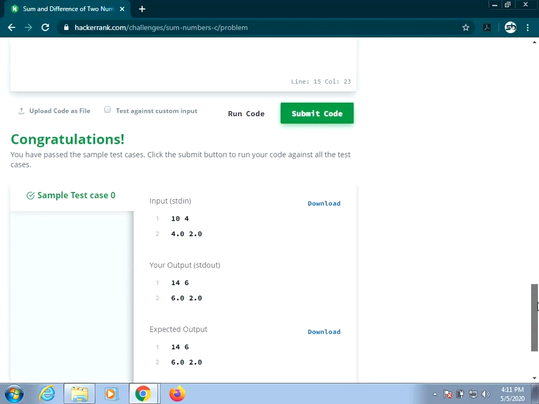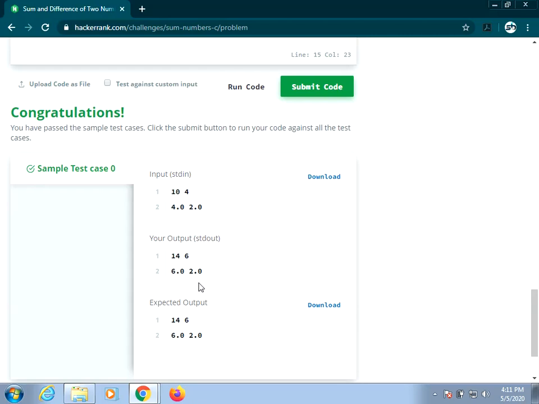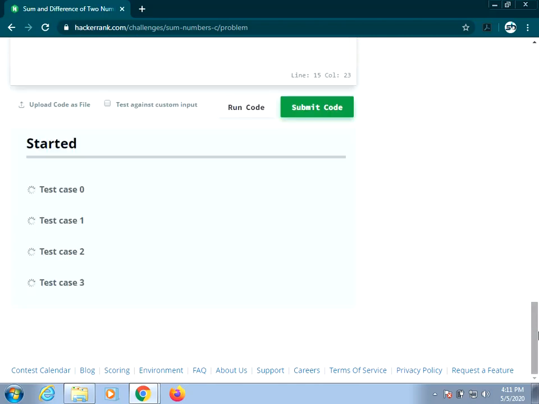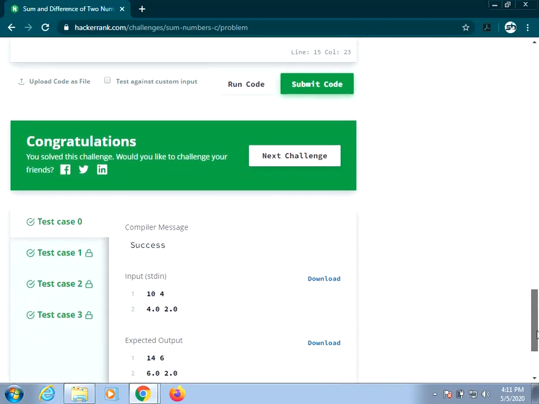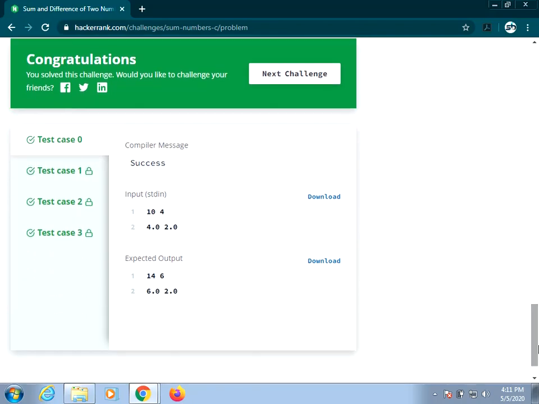So again run the code, and we will get the required output, that is 6.0 2.0. Since your sample test cases are okay, submit the code. With that, your third